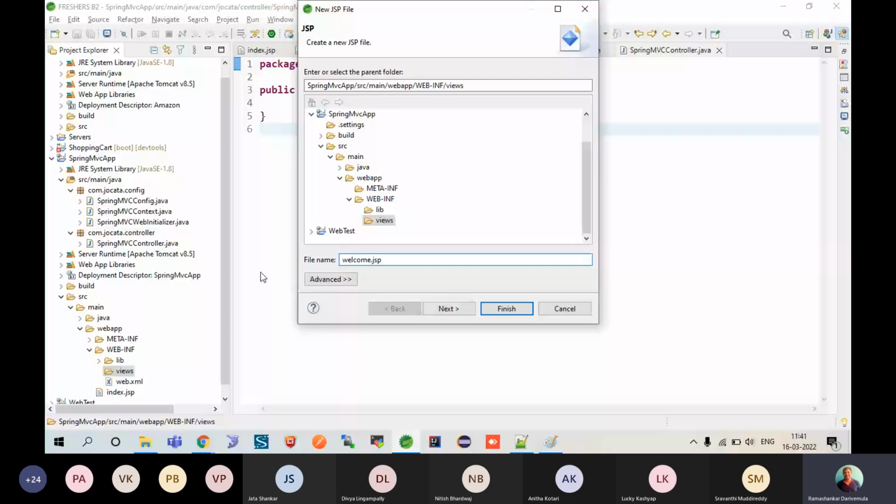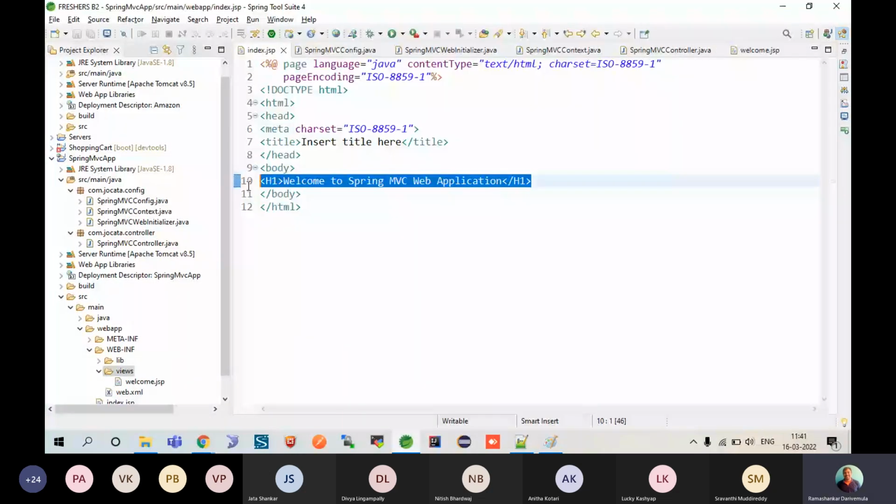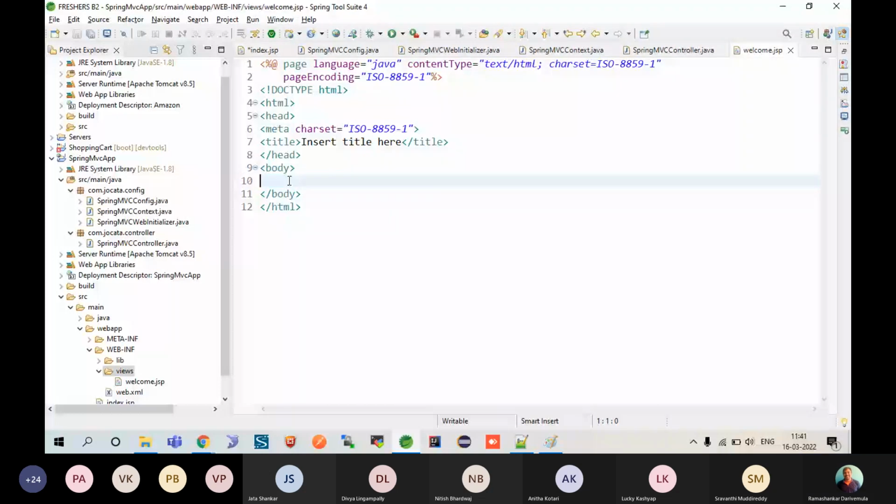Whatever I have written in index.jsp, the h1 welcome, I'll cut it with Control X and keep it over here, Control S. And in the index JSP file here I'll write a scriptlet, response.sendRedirect to